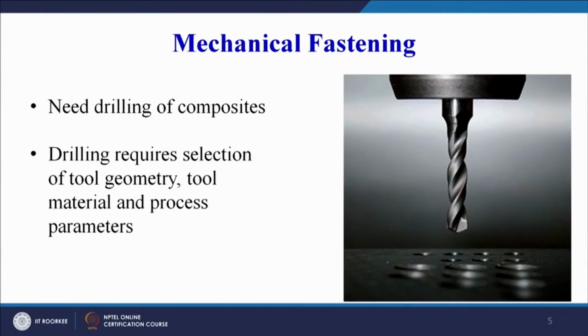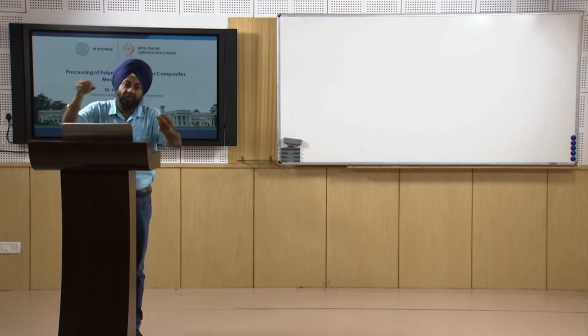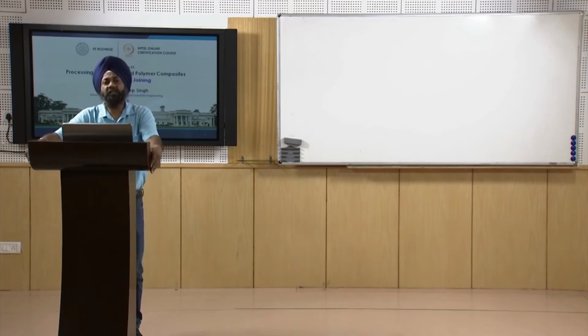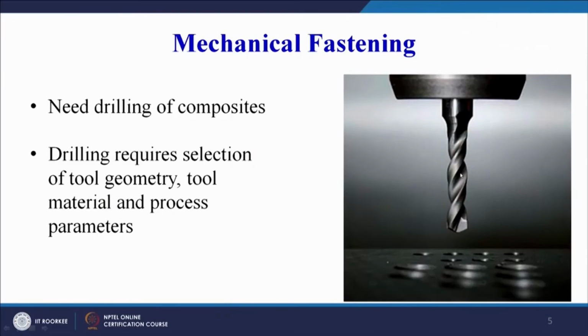Why is it challenging? I just mentioned that making holes is very easy. If you take a metallic part, you take it to a drilling machine and make a hole there, it is easy. But in case of composites, there are challenges. What are those challenges? We require selection of the tool geometry. Usually in case of metals, we use a twist drill geometry, which is already shown on your screen. This twist drill geometry can be easily used for making holes in metallic components or parts. But the same drill point geometry cannot be used for making holes in polymer or polymer based composites.